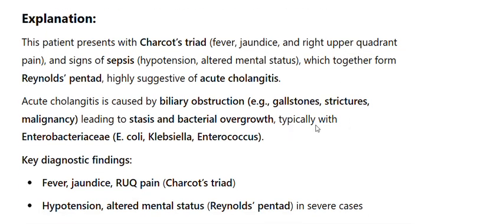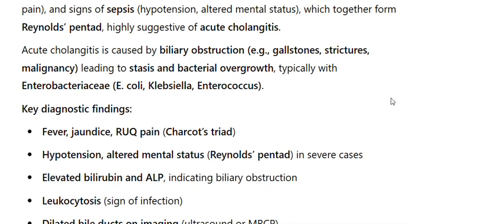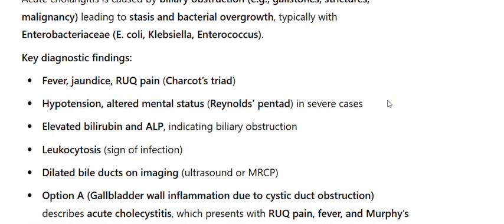Acute cholangitis is caused by biliary obstruction, e.g. gallstones, strictures, malignancy, leading to stasis and bacterial overgrowth, typically with Enterobacteriaceae, E. coli, Klebsiella, Enterococcus. Key diagnostic findings: fever, jaundice, and abdominal pain, Charcot's triad; hypotension and altered mental status in severe cases, Reynolds pentad; elevated bilirubin and ALP, indicating biliary obstruction; leukocytosis, a sign of infection; dilated bile ducts on imaging,